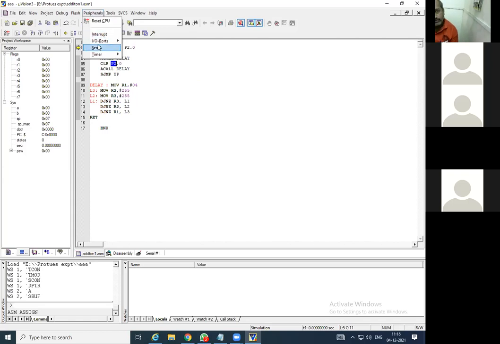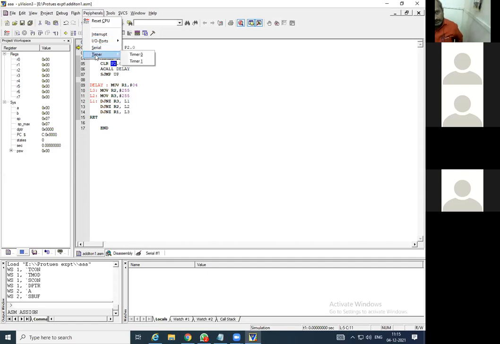Here you can observe the different options: interrupt, IO port, serial, and timer. In the third unit, the programs we are going to learn about serial communication or interrupt, that time this is going to be useful. So remember the location.